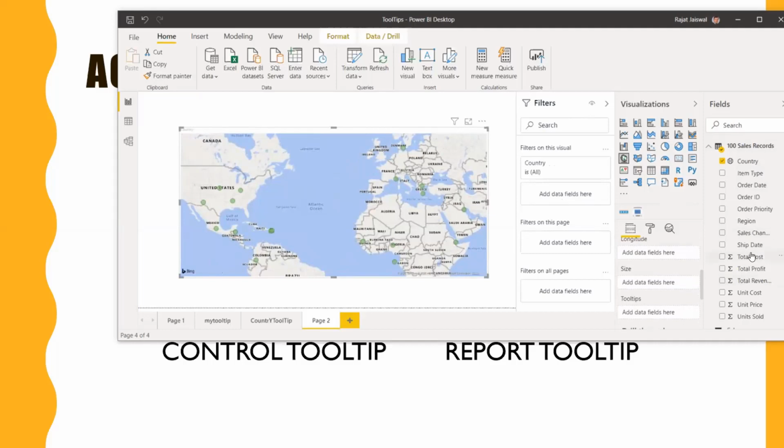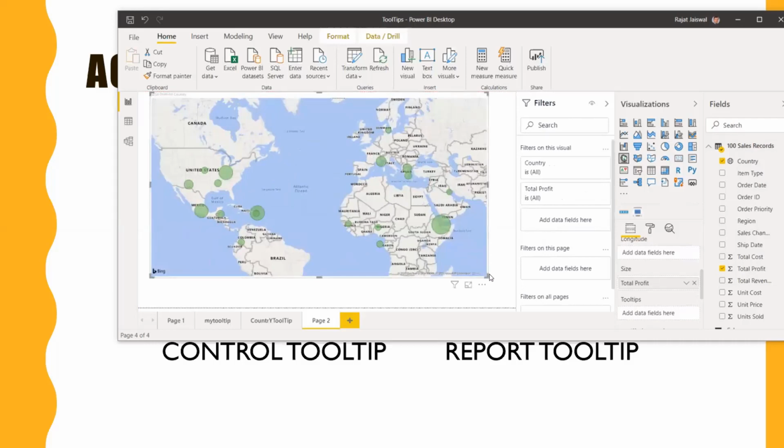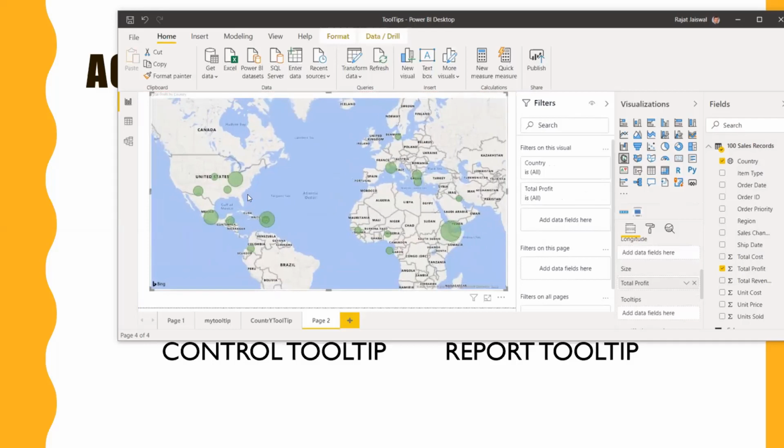Now let me drag total profit over here. If you want to see the total profit country-wise, the big circle says it's a big profit, the total profit value is high. The small one says it's a low profit, obviously.